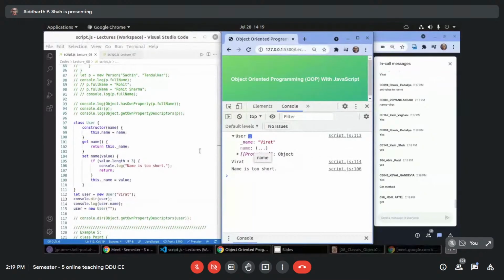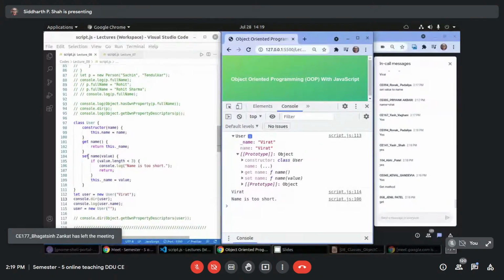This is something you can calculate, and it is part of the prototype also. See, this name is part of the prototype because it is through the getter and setter. Are you getting this special case? When you have a getter and setter which has the same name as some existing property, you need to do some trick here. You need to work this way.